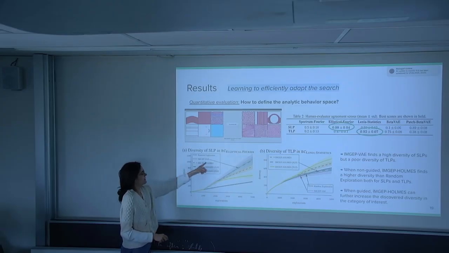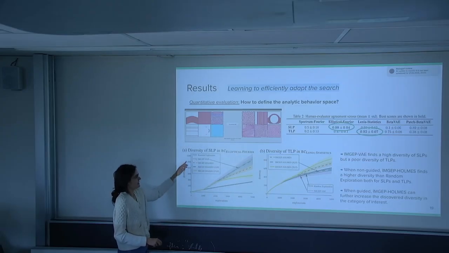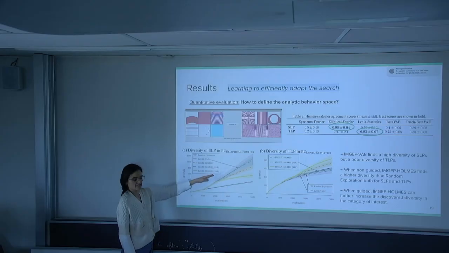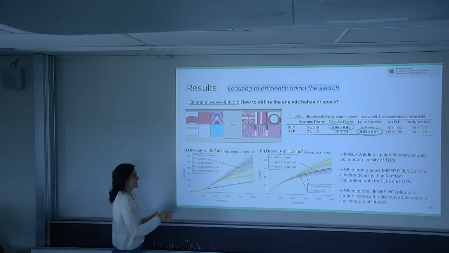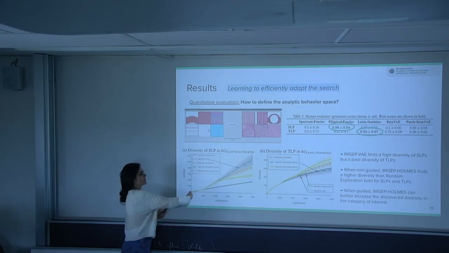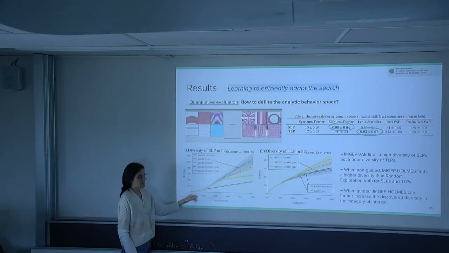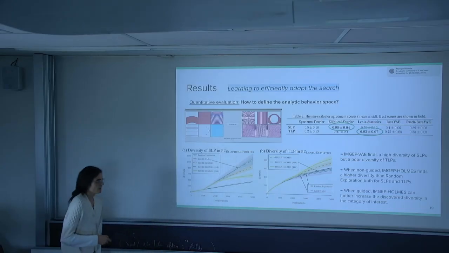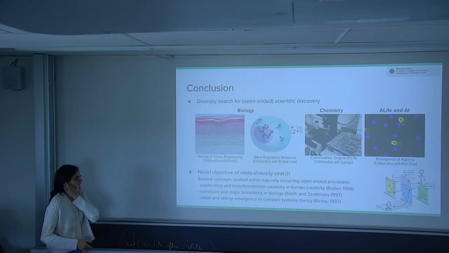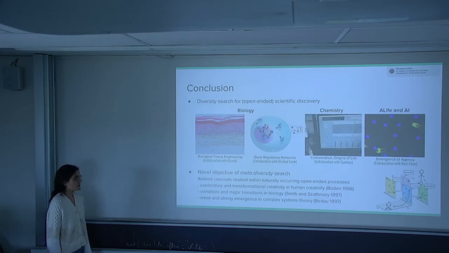And then we show that in those spaces, when you look at the diversity search in a single space, so for instance the VAE, for those two categories of pattern, the VAE was quite strong in one category of pattern, the spatially localized patterns, but it was as bad as random exploration, even worse, for the Turing-like patterns. Whereas the non-guided variant would usually sit somewhere in the middle, and as soon as you add the guidance, then it would go up in both cases. So yeah, that was kind of the results of this paper.